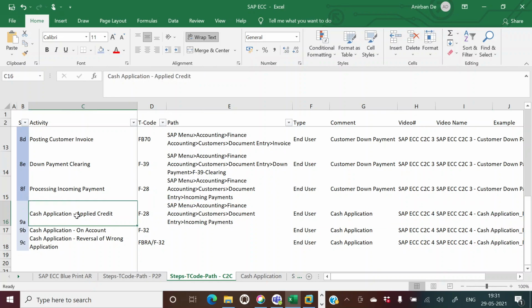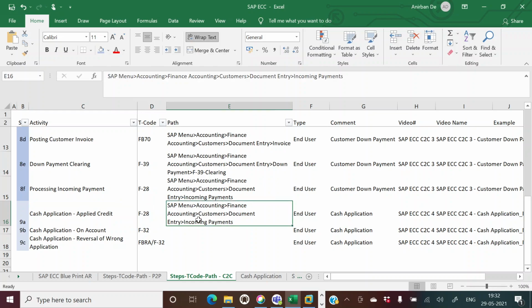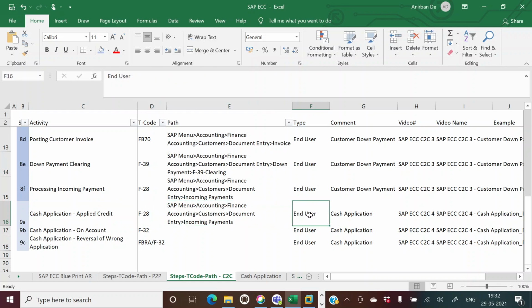And this is a ready reckoner, which means this Excel file will also serve as a ready reckoner. It talks about various steps which could be involved in the process, along with the T code and the menu as well, right? The type talks about whether it is an end user or a configuration step. There are several configuration steps, done through SPRO, that could be needed before we reach the end user steps, and end users in the real environment will not have access to these configuration steps.